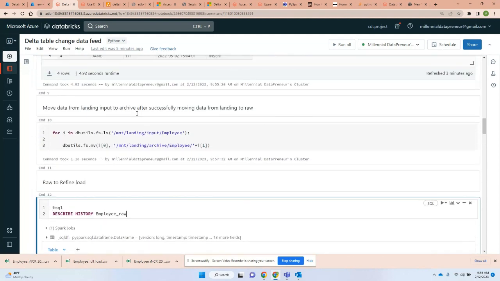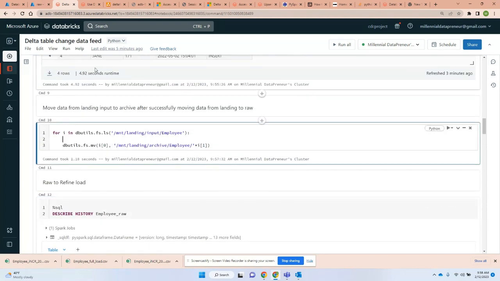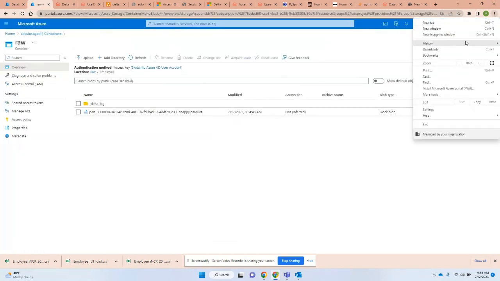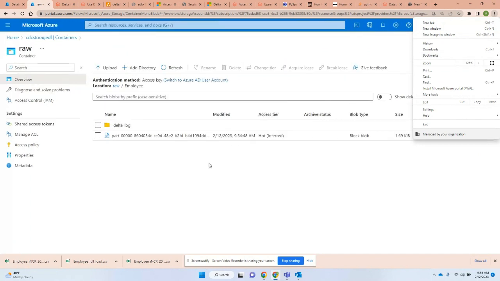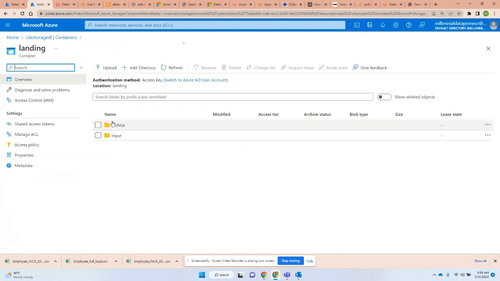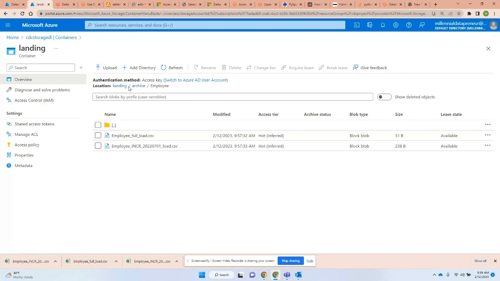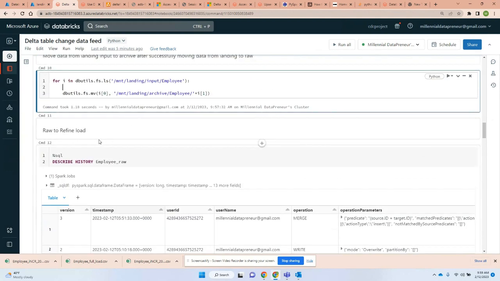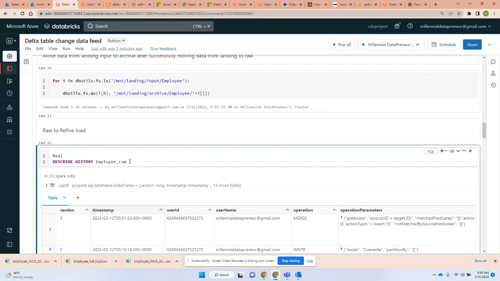So that is all good. So we ran that, and we can see in our landing zone, sorry guys, I forgot to push this a little clearer. In our landing zone, we can see we have moved those files into our archive. You see that? Now, the next step is to see how we can leverage this